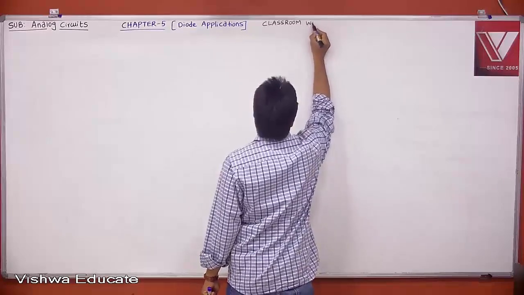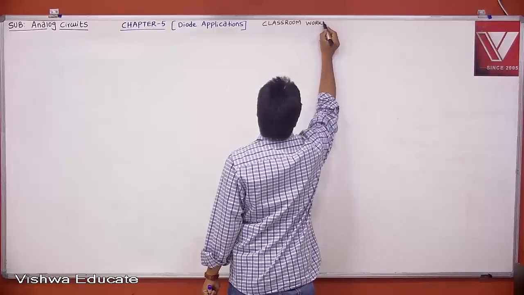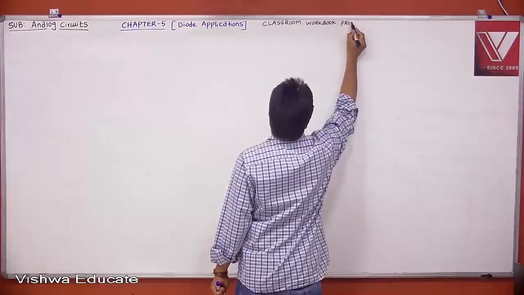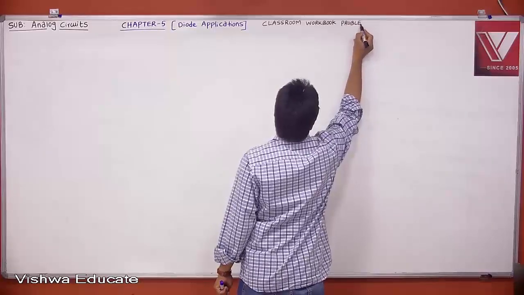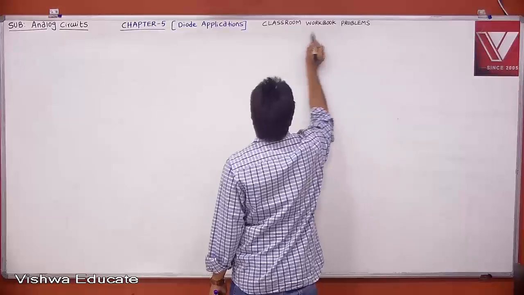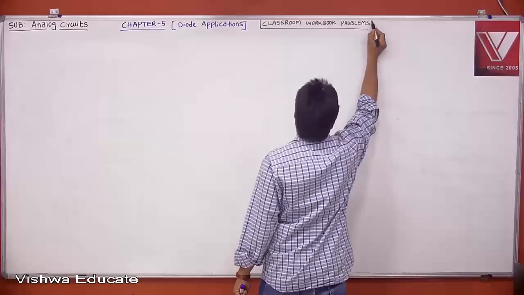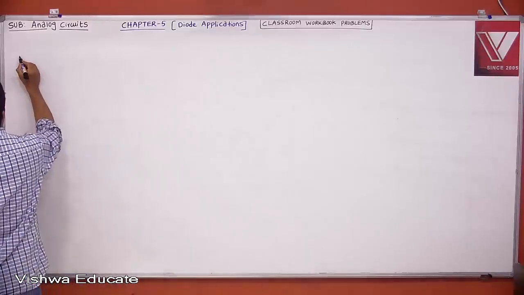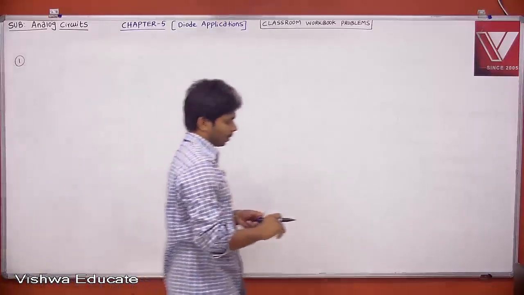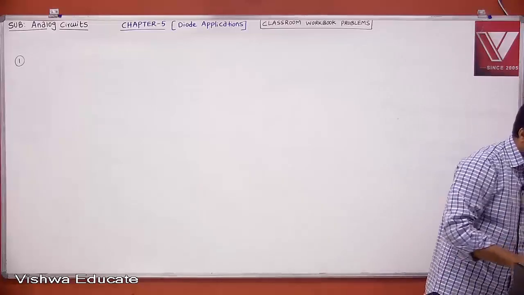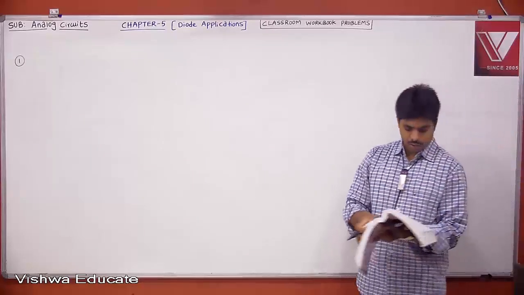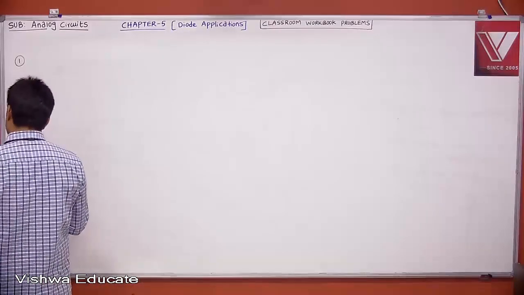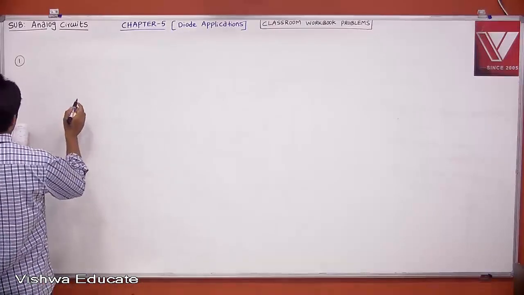Workbook problems. Okay, problem number 1. In the circuit below, the diode is ideal. The voltage V is given by, okay, circuit is